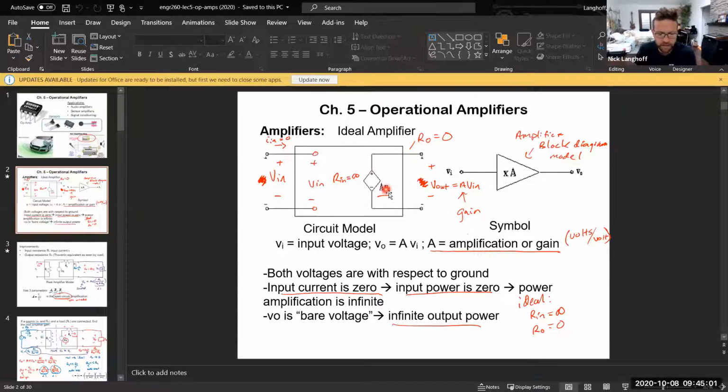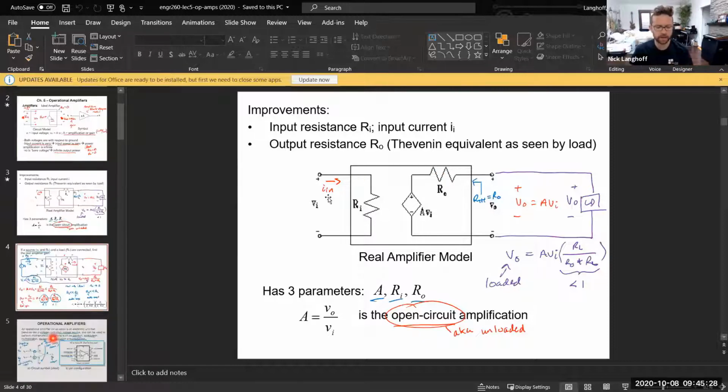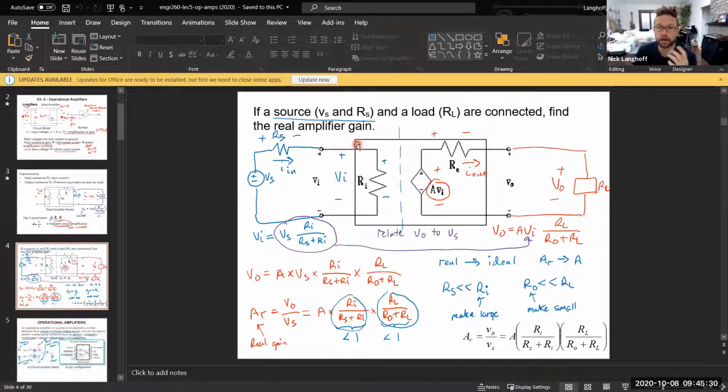It's got some dependent voltage source that produces a voltage that is dependent on the input voltage. Now, any real amplifier has non-infinite input impedance or input resistance. We said we're going to be using the word impedance as we go through the course. And it has non-zero output impedance. And so the effect of that is, as we discussed last time,